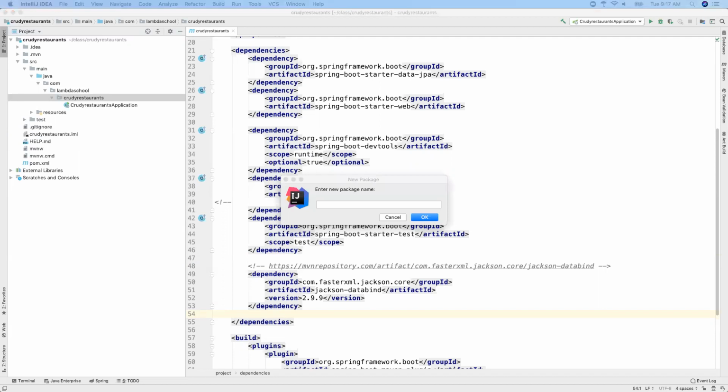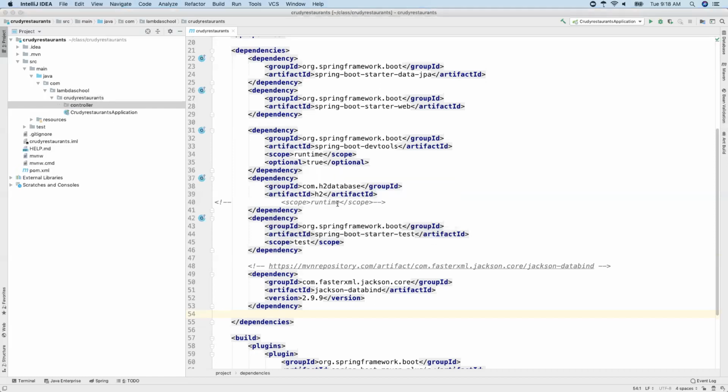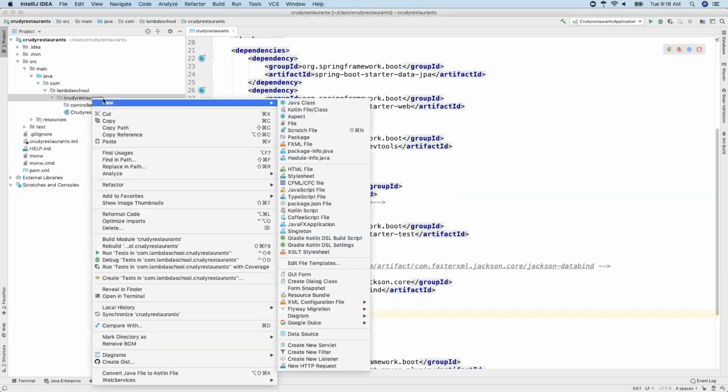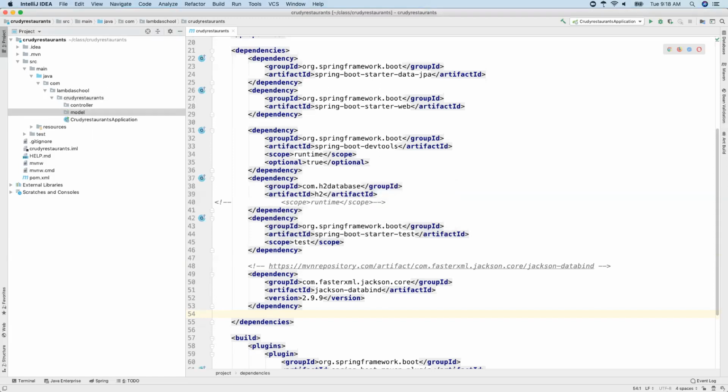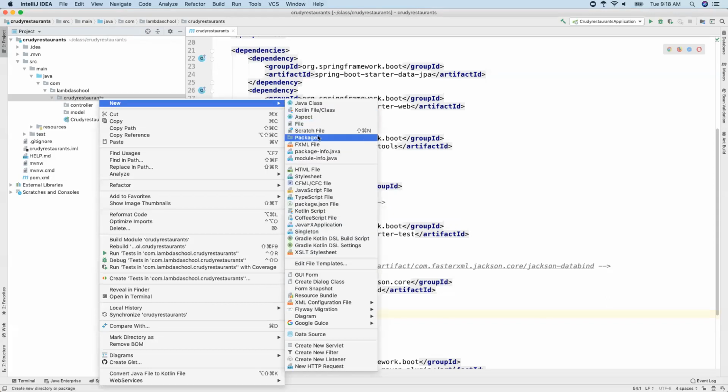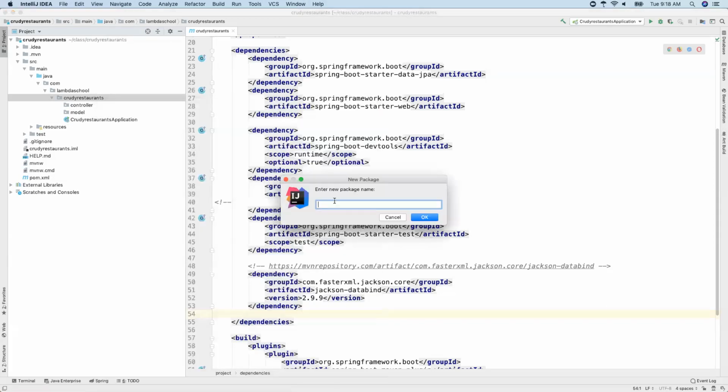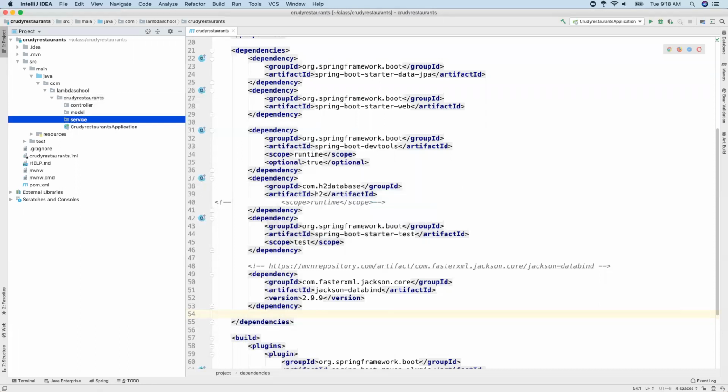We're going to have a controller. I'm going to create, right-click, new package. We're going to have a model. Right-click, new package. We're going to have a service. And we're going to have another one called